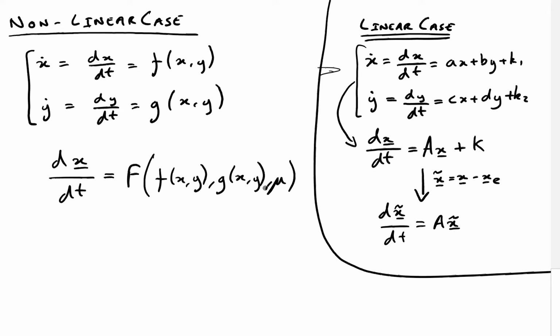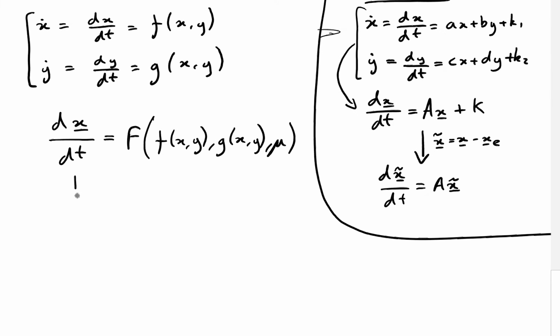So we can write our function like this, and again we can do a similar change of variables, a change of coordinates, and turn this into dx tilde. It's exactly the same change of coordinates. So we can find the equilibrium point of this function, and then move that equilibrium point to 0 by doing this transformation, x tilde, and then we end up with dx tilde equal to f of